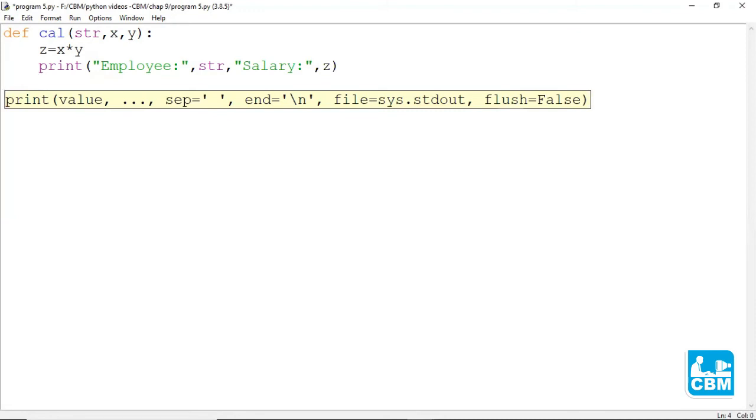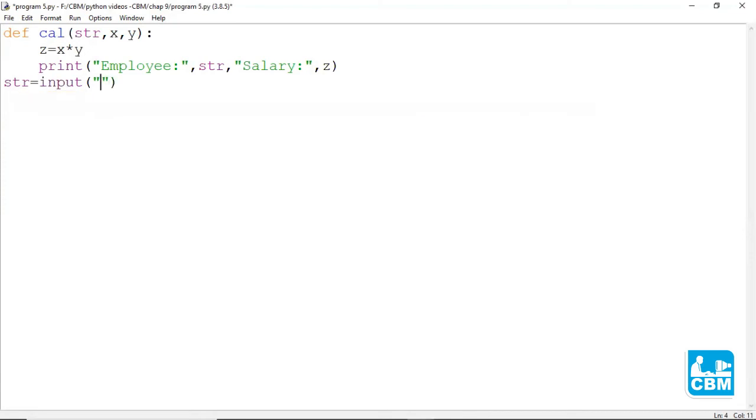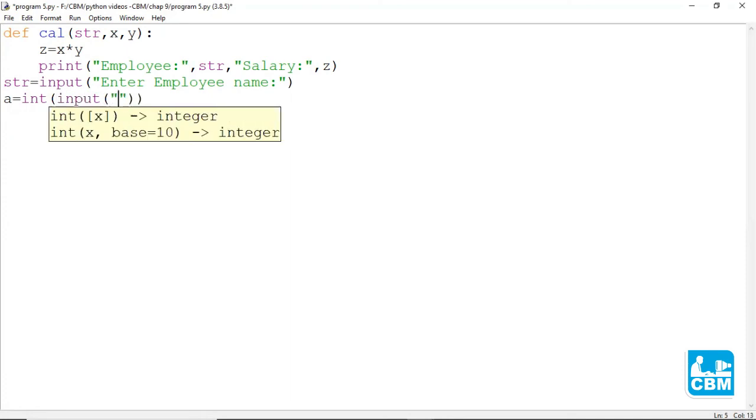Now let's take input from the users. So str is equal to input, "enter employee name". A is equal to int input, "enter per day amount".